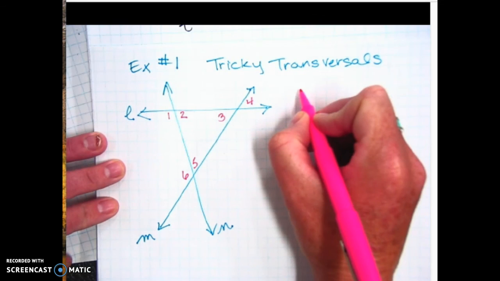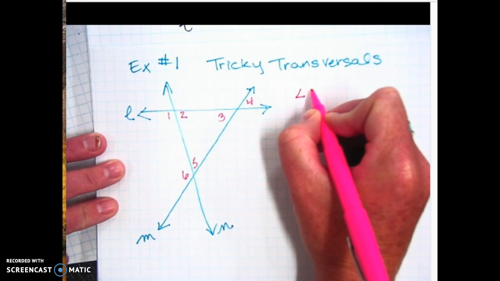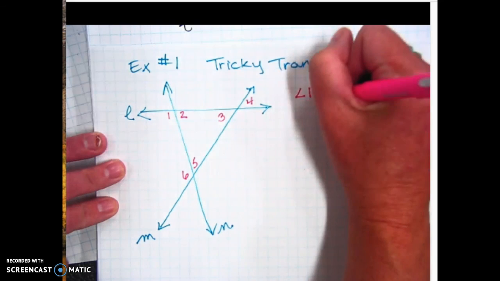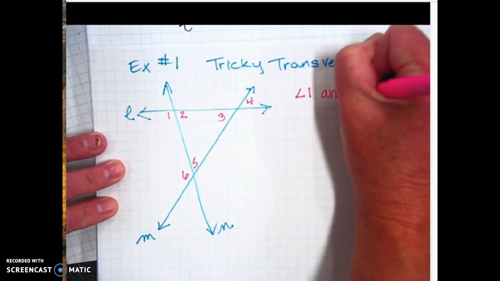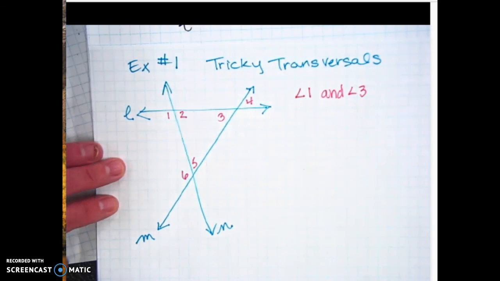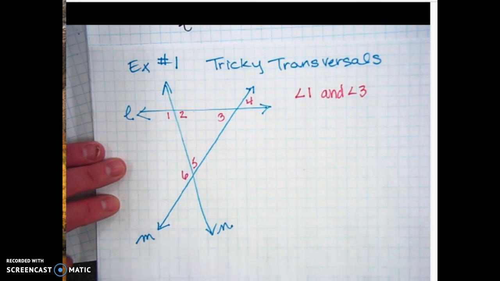All right. So if I tell you to identify the relationship between angle 1 and angle 3, we first need to figure out